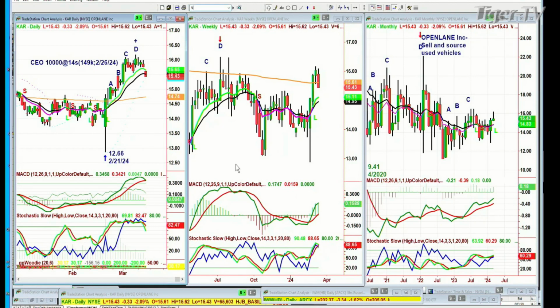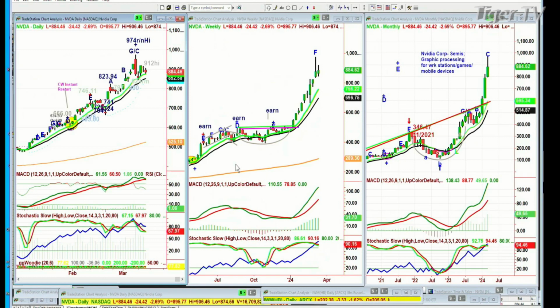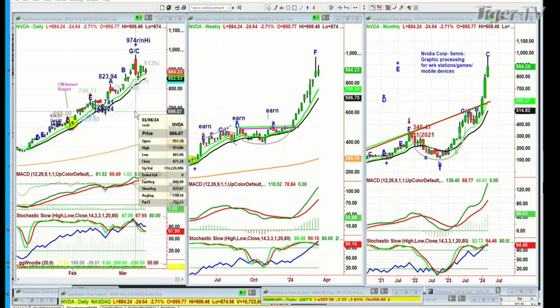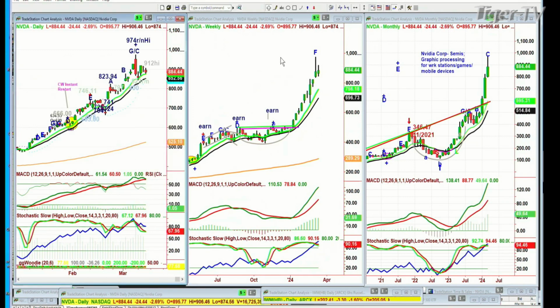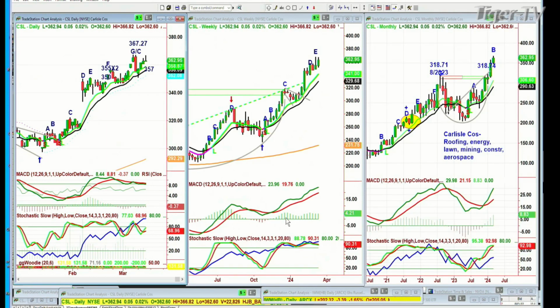Let's see what NVIDIA is doing. NVIDIA is down a little bit, 24 at 884. It had a 974 round number high, an all-time high. I mean, I've never seen this number of round numbers. And not only that, did I forget to write it down? I had one yesterday. Oh, that's right, CSL. CSL is Carlisle Companies: roofing, energy, lawn, mining, construction. They're in everything that's important. So they make a 367.27